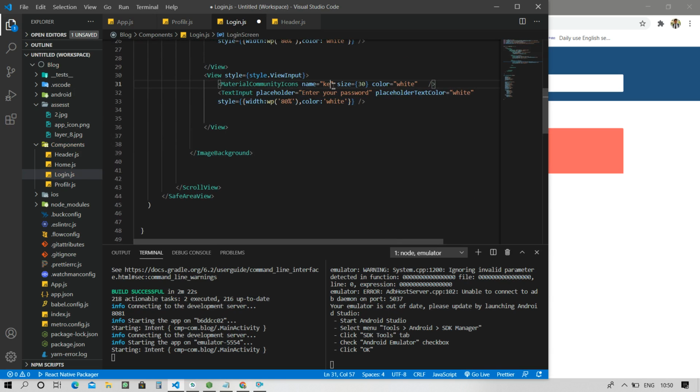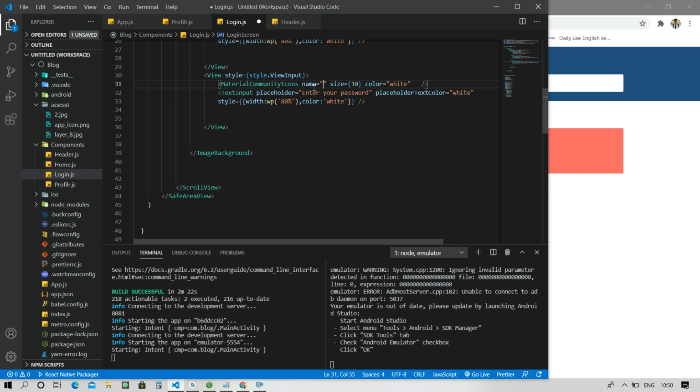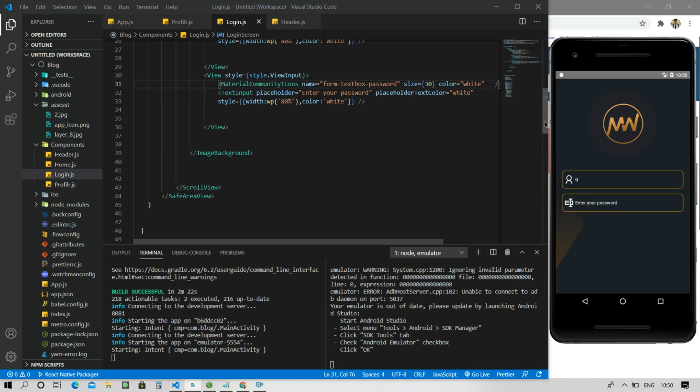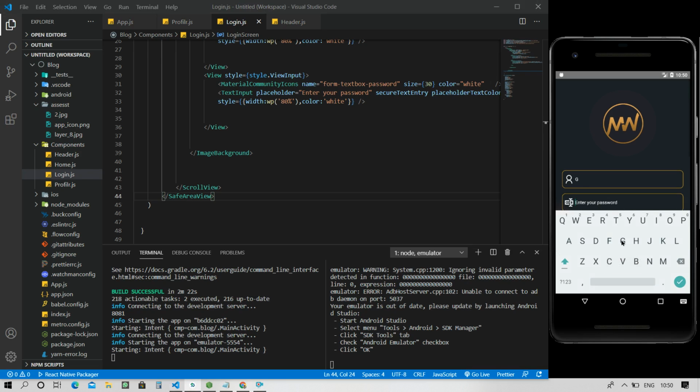And instead of the key, you have to go back to your screen and see what its name is, form-textbox-password. Okay, we don't put one password, we put form-textbox-password. Control C. Okay, copy it from here and paste it here. Okay, now it's working good. Control S. So you can see that it is working properly now. And one more thing here, we have secureTextEntry, Control S. It is true by default. You can go here and write anything. So you can see that a password field is being created.